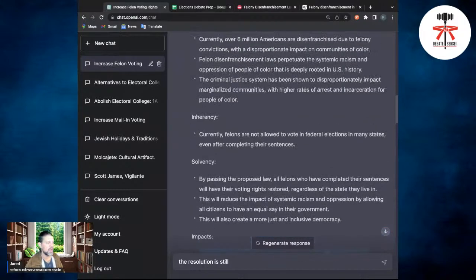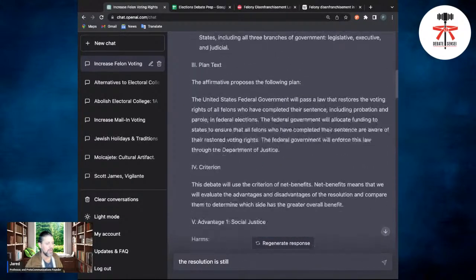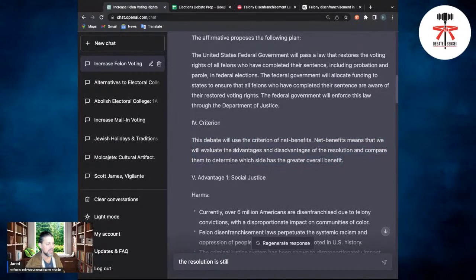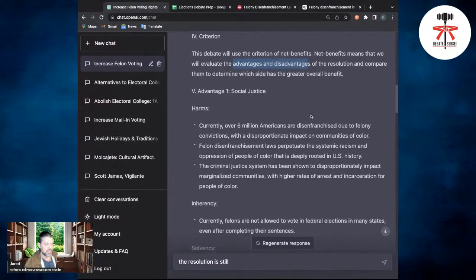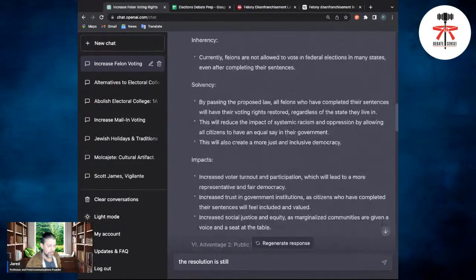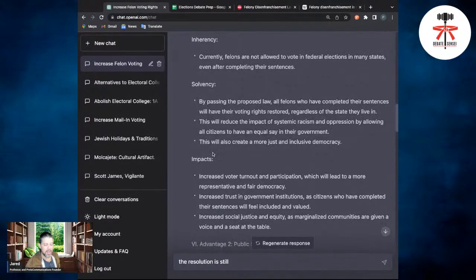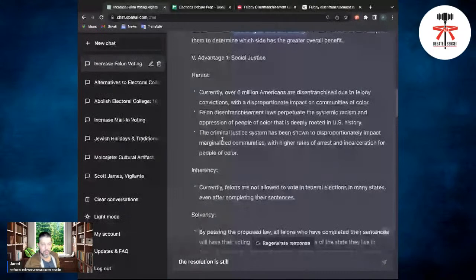And so when you have a criterion of net benefits where you have advantages and disadvantages, you want to make sure that your advantages are complete, that they have harms, inherency, solvency, and impacts. Okay. And see how everything's nice and organized, bullet pointed, with information that's appropriate for each section. Okay. All right.